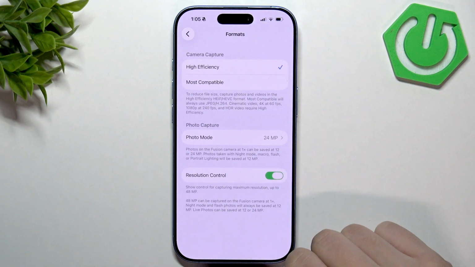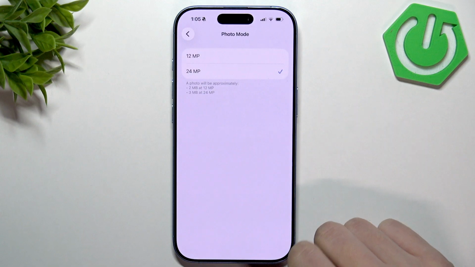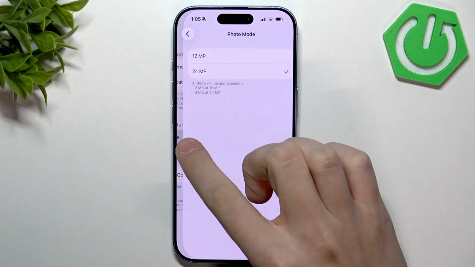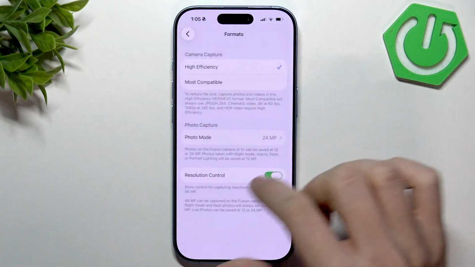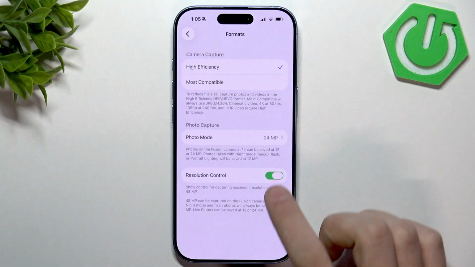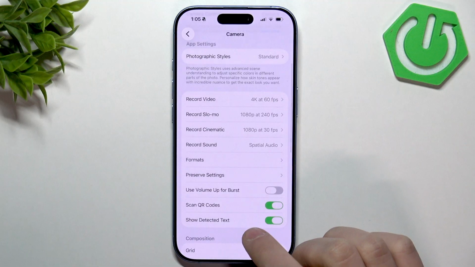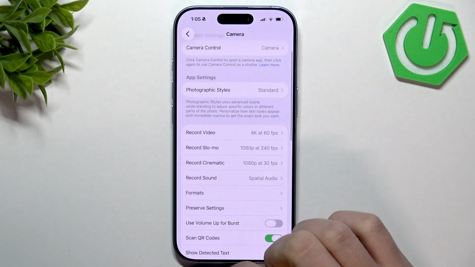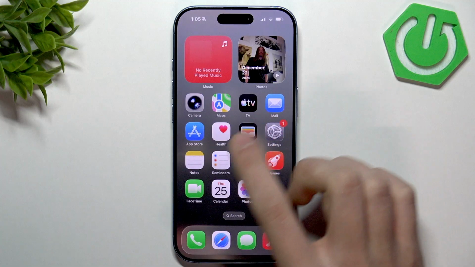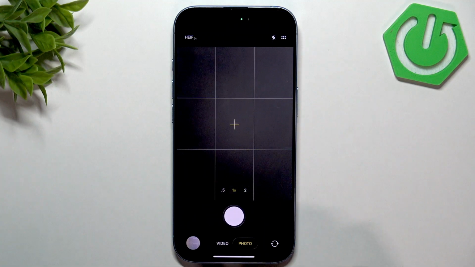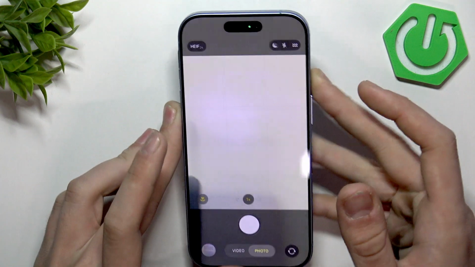Apart from that, open formats and here photo mode for the 24 megapixels. Set it. Here set high efficiency and enable resolution control. Once done, you can here now go and exit here, open the camera application, and now here, as you can